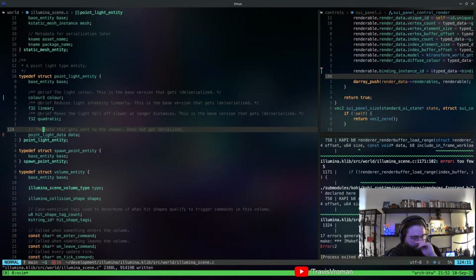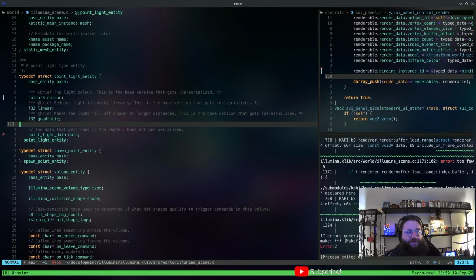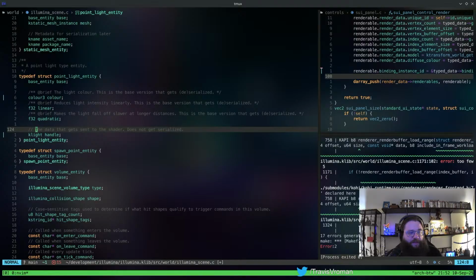And then, we actually, come to think of it, the only thing we need here is a K light, right? And this is going to be a handle into the light system that contains the data.